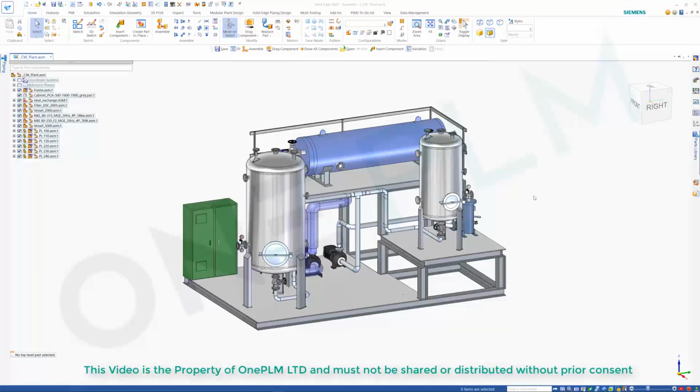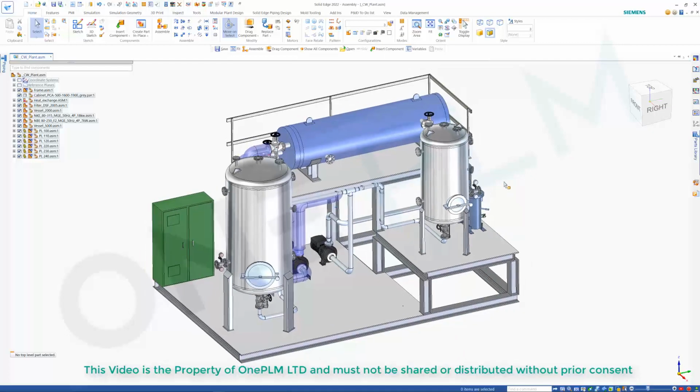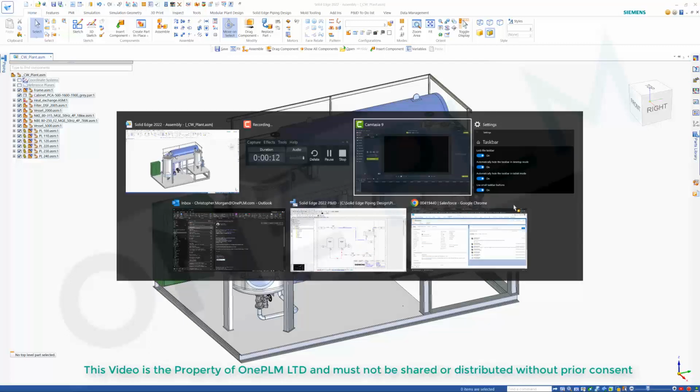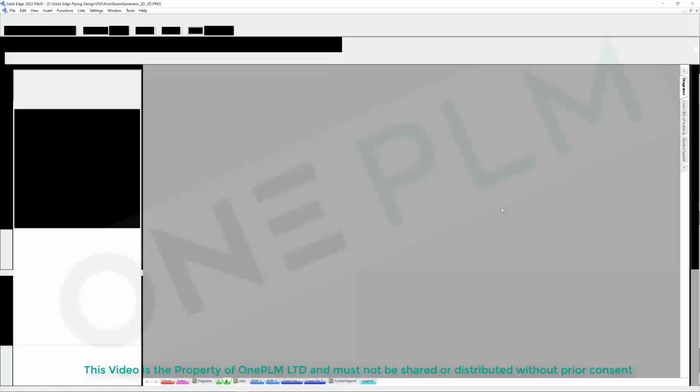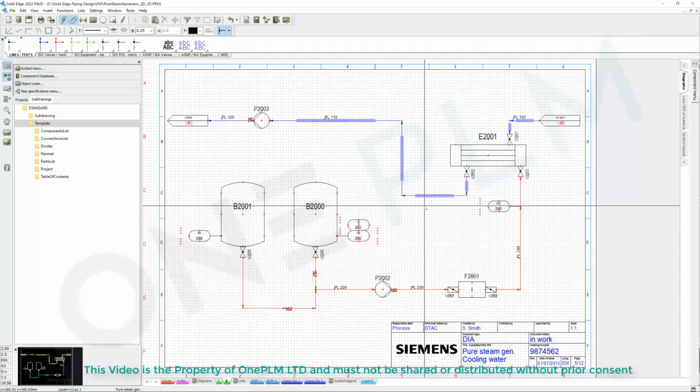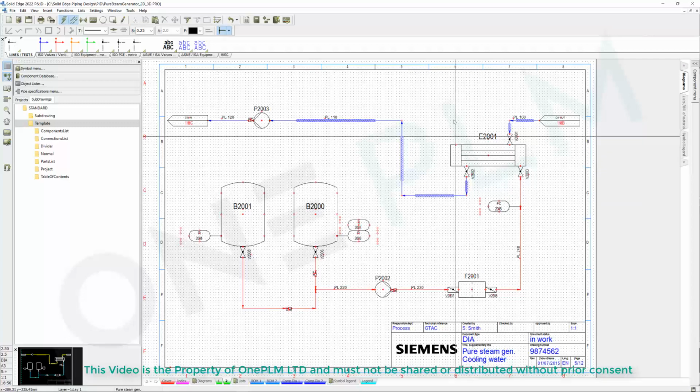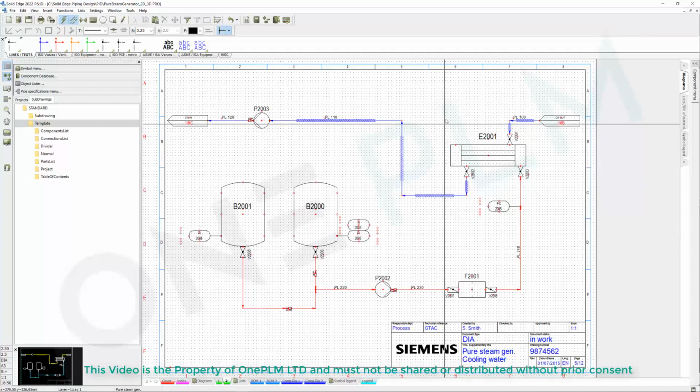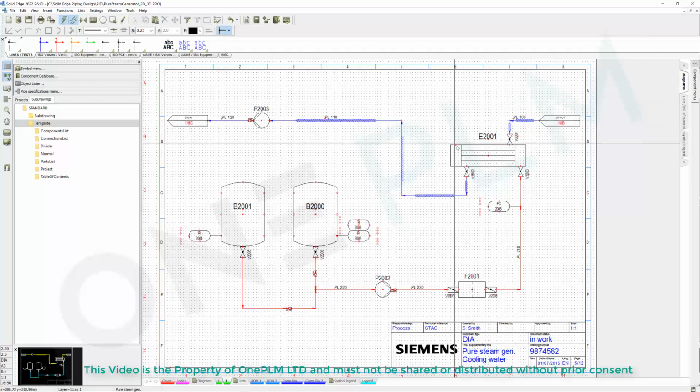Okay, in this video we're looking at the modular plant design and P&ID in Solid Edge. So here we've got Solid Edge where we want to go and run a pipe and a component. If we jump into our P&ID tool, we can see we've got the tank at the top, those two tanks, and